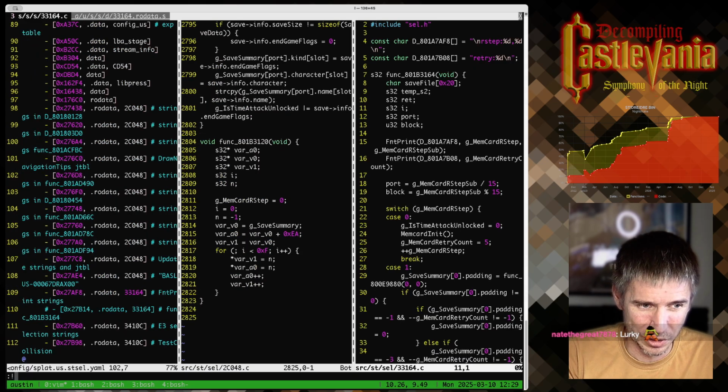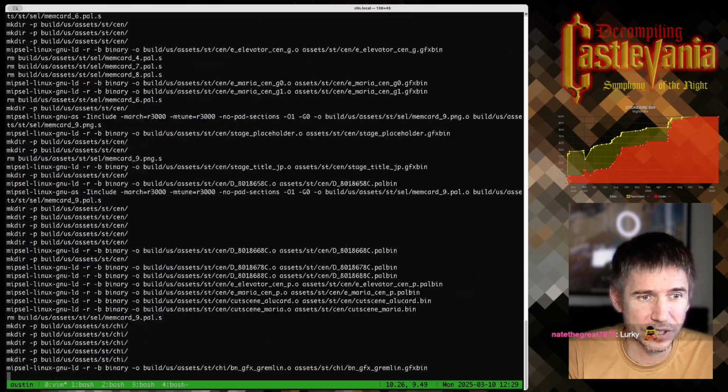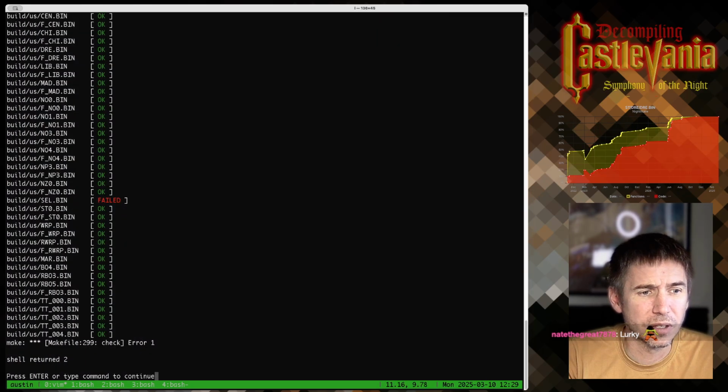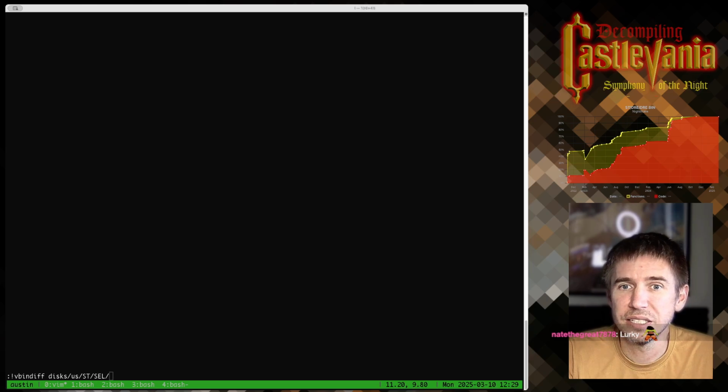We'll build this one more time. We did the make extract, so this is going to fail. Let me try vbin diff and see if that is effective, or if I can tell what's going on. Often with vbin diff, I can't really make heads or tails of it. I did notice in Discord,